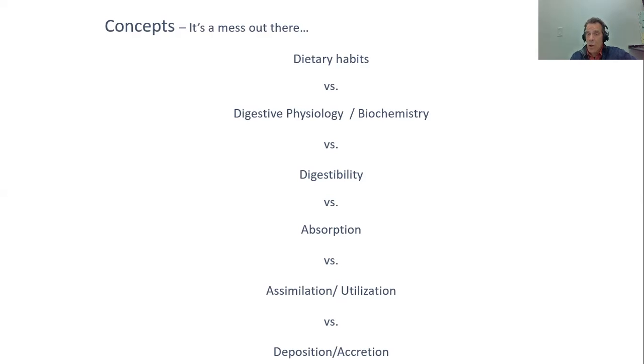Now, the digestive physiology and biochemistry determine what an animal is able to do. But you can go into very fine detail and measure differences in enzyme activities, pH, or gastric emptying, which clearly have to do with the physiology of the GI tract. But these may not have an impact on the digestibility of nutrients themselves, meaning the disappearance of the nutrients from the GI tract. Digestibility is a measure of disappearance.